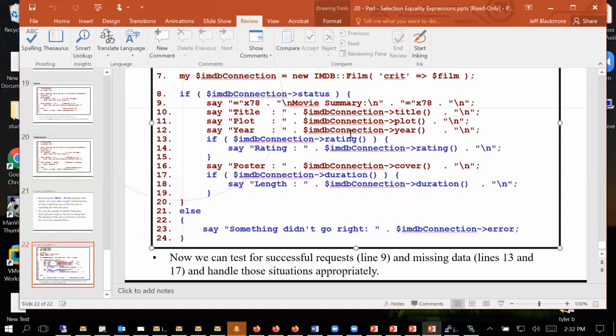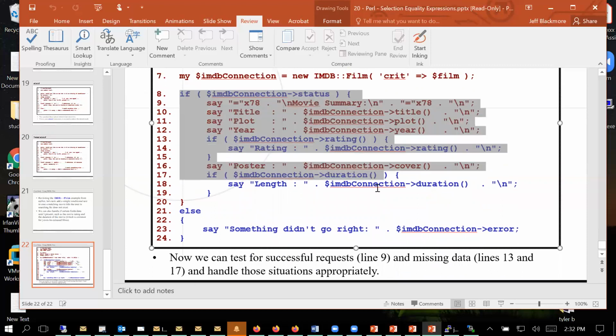But the big deal here, and the reason it's in the if-else statements, is because you'll see that all of this stuff is in an if branch. So if we connect to the IMDb, we get all of that information out. Otherwise, our program puts out something didn't go right, and the IMDb connection error should give us a message about what the problem was. But again, I'm not going to do that today. I want to go on and talk about